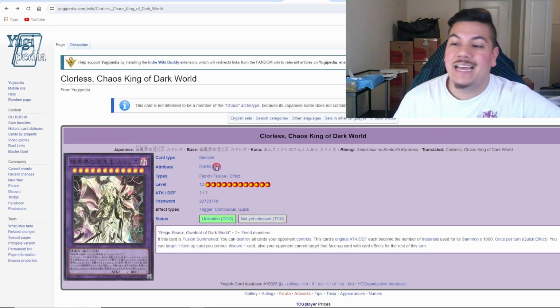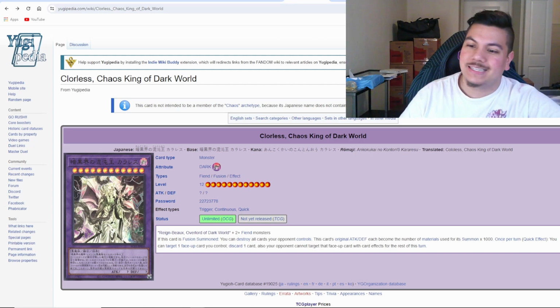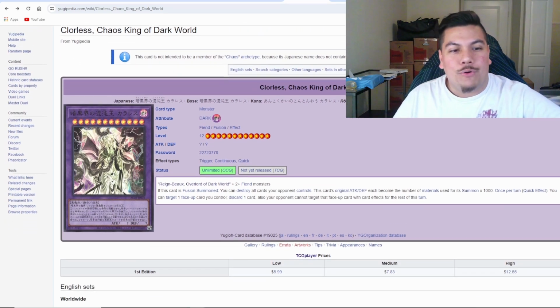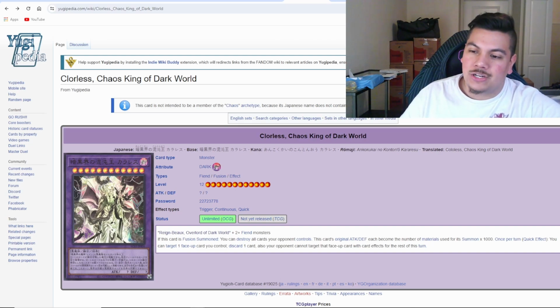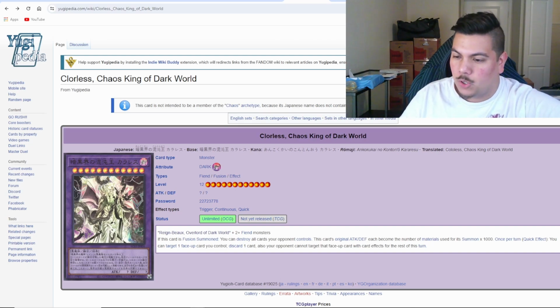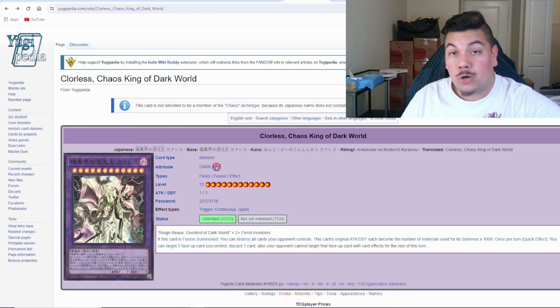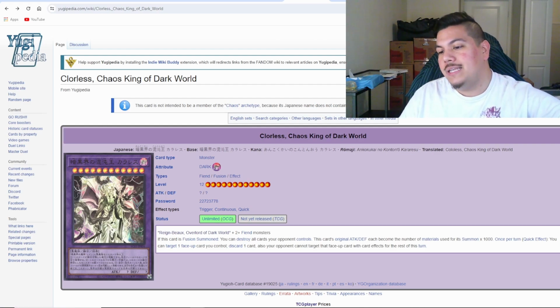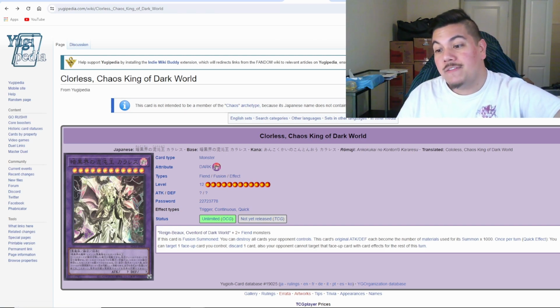Next up on our list, guys, I have Colorless, not colorless, Chaos King of the Dark World. We're finally getting this card, guys, after so long. So this card is actually an interesting read. Okay, so let's go ahead and just bear with me. It's a level 12 fusion, question mark on the attack and defense, of course, Fiend Dark. So it takes, if this card, let's go ahead and we'll hold off on the materials just for a second, right? So if this card is fusion